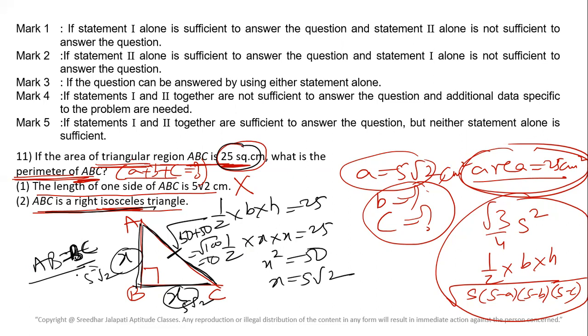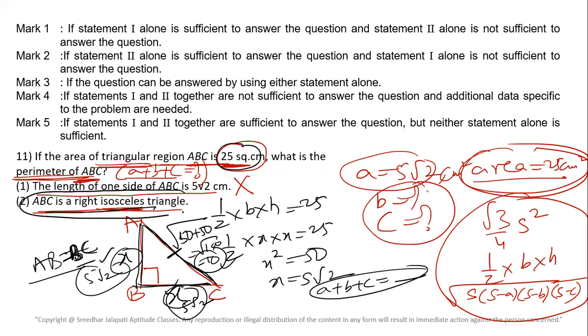Whatever it is, I could find all the three sides. Now don't you think I can find the perimeter, which is the sum of the three sides? We are able to find the first side, second side, third side, all using statement 2 alone. So therefore, the second statement alone is sufficient to find the perimeter of the triangle. When you see the question for the first time, you definitely underestimate the second statement because it is theory, there is nothing in it. But actually, that simple statement itself is sufficient to answer this question.